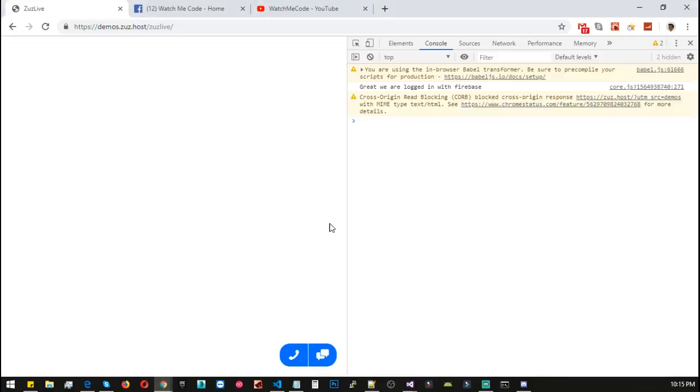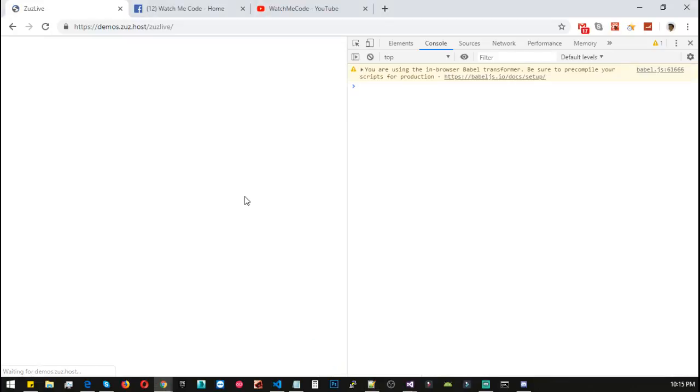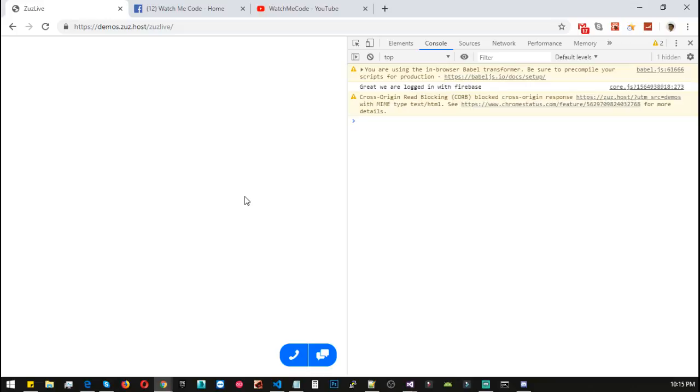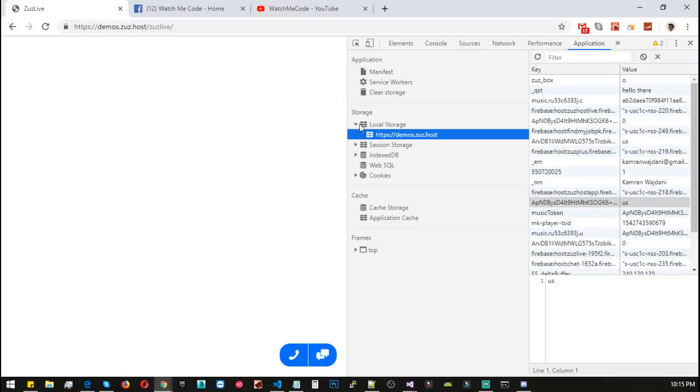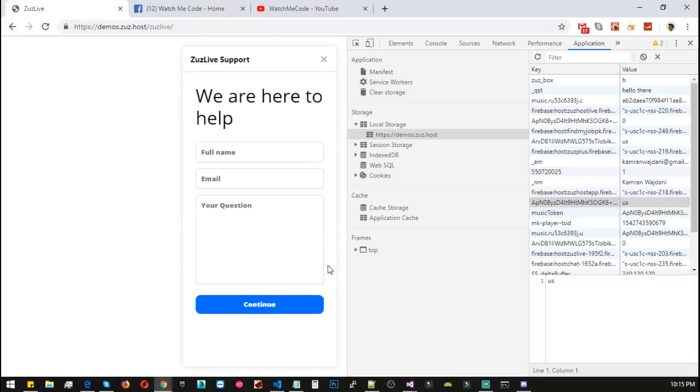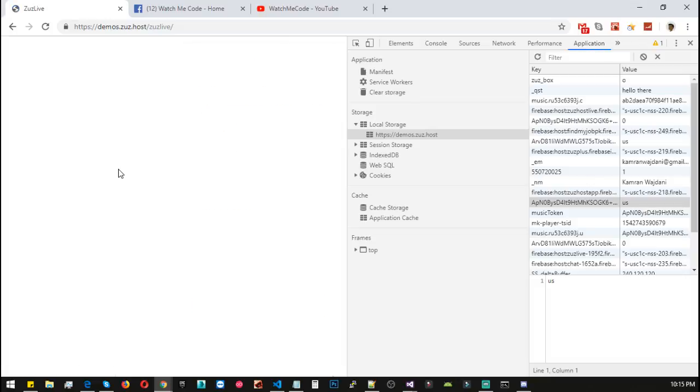Let's save it, go and reload, and we have our box hidden by default because we don't have the Zeus box inside our application local storage. Click, and now if I reload, the box should be shown. Oops, it's not there. Let me check. Oops, the Zeus box is O,